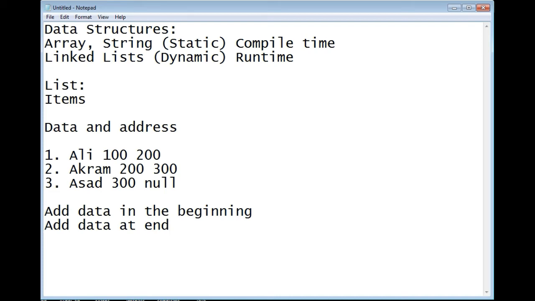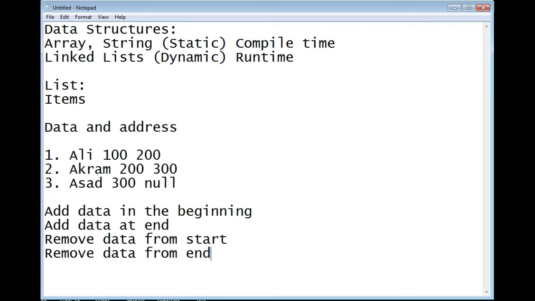And we remove data from the start or beginning, and we remove data from the end. Data means list record. Add a record in the beginning, add a record at the end, remove a record from the start, and remove a record from the end. So there are 4 different operations.